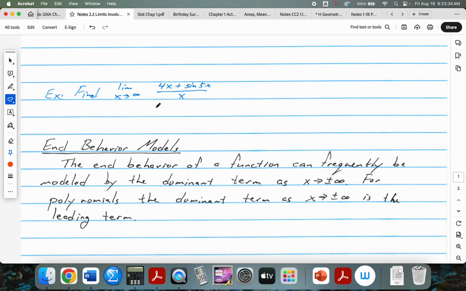Now, for a problem like this one, where we're trying to find the limit as x goes to infinity of 4x plus sine of 5x over x, what we need to do is use a little bit of algebraic manipulation to rewrite it as two separate fractions. 4x over x plus sine of 5x over x. We can do that because both of those parts of the numerator are over x. Then we can rewrite that as the limit as x goes to infinity of, well, 4x over x is just 4, right? Plus,